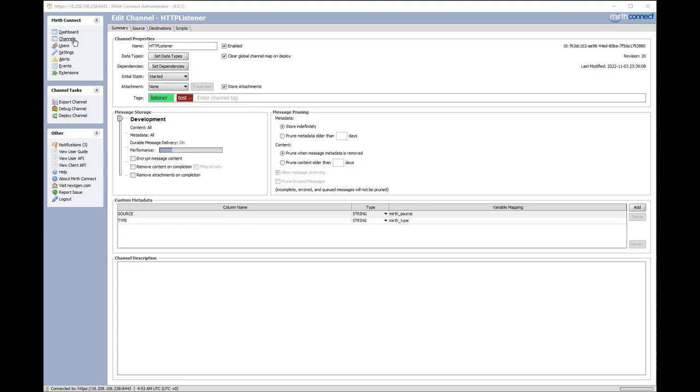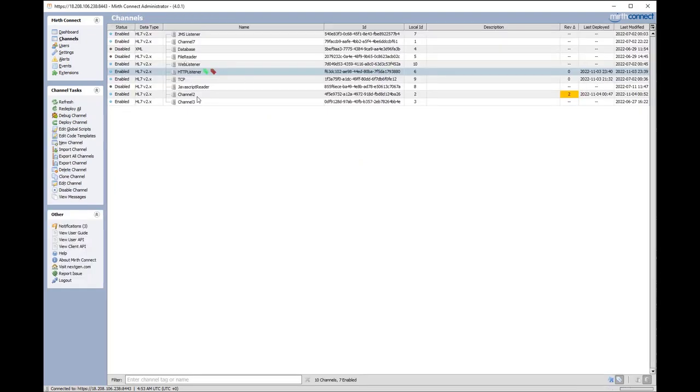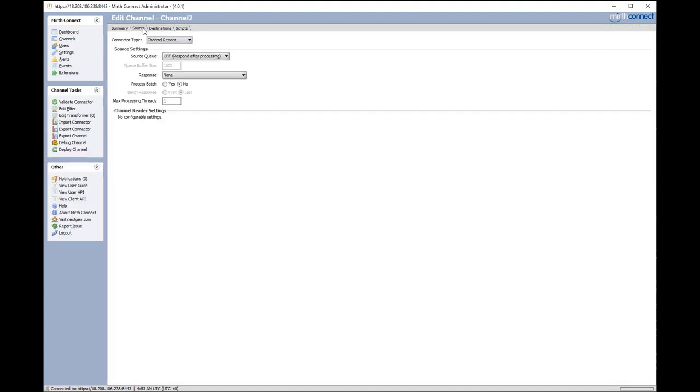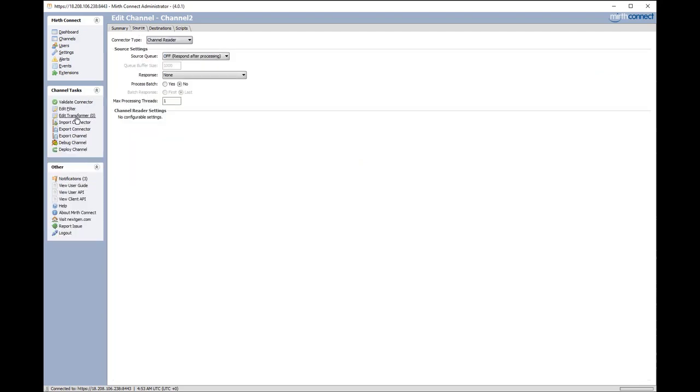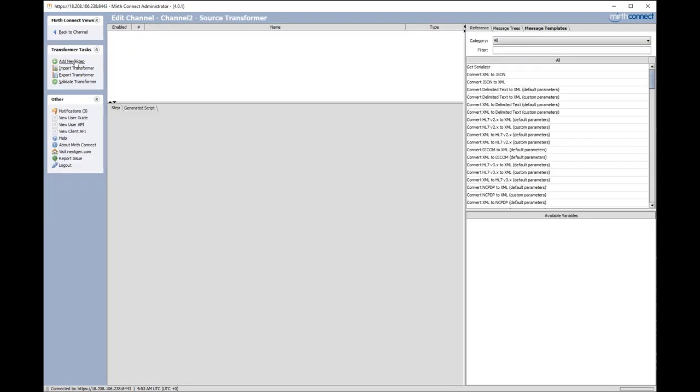So let's go into a channel that accepts just HL7 messages. So we'll go into channel 2. You can see this is a channel reader. So we can see that there's source and type, but we want to add a column for MRNs, or the patient ID. So if we go to the source and we go to edit transformer, and we'll add